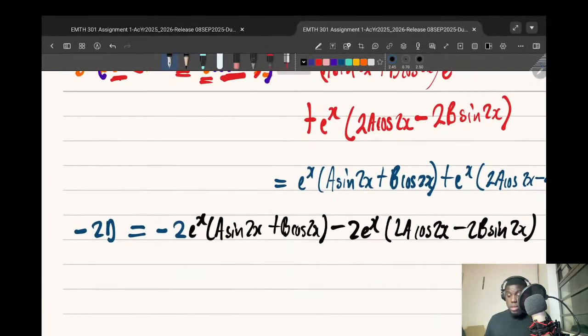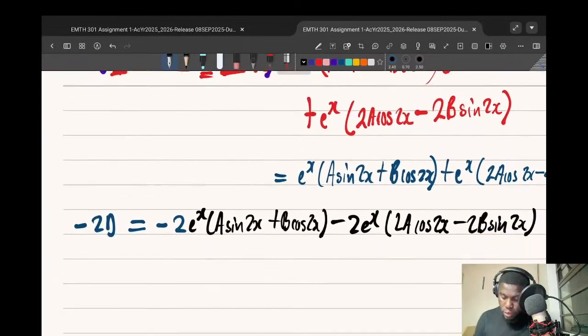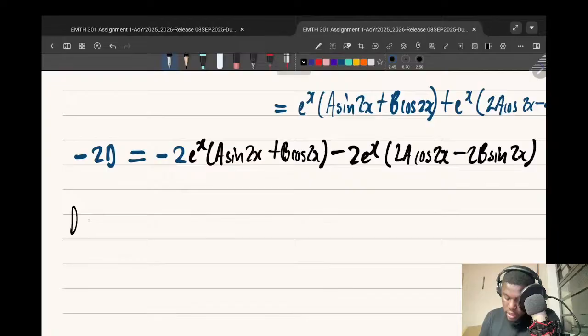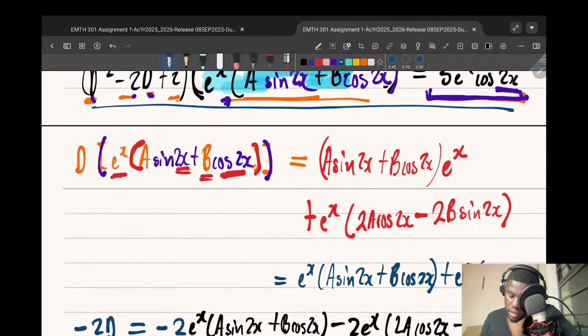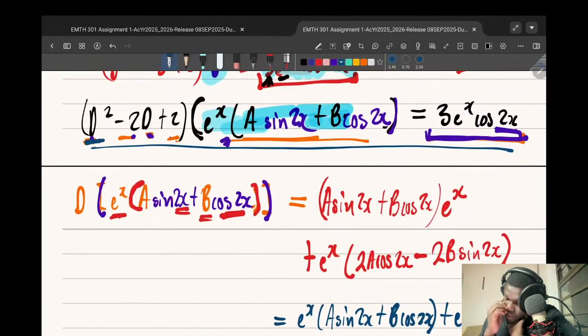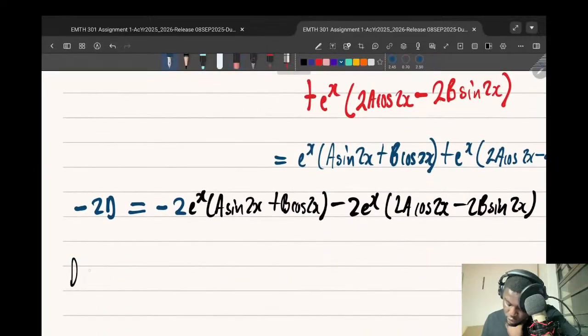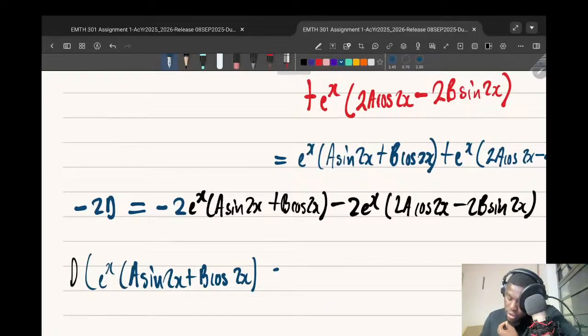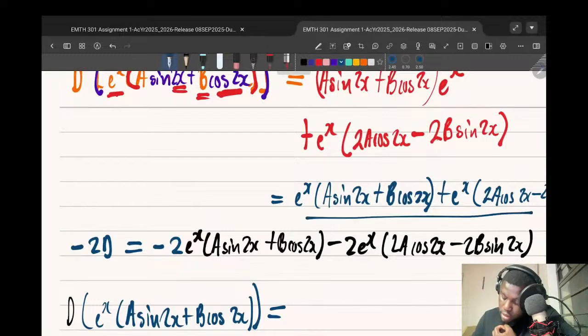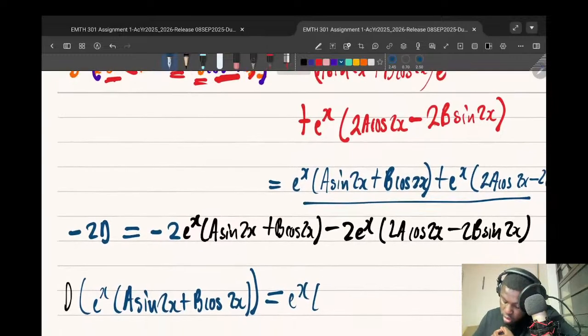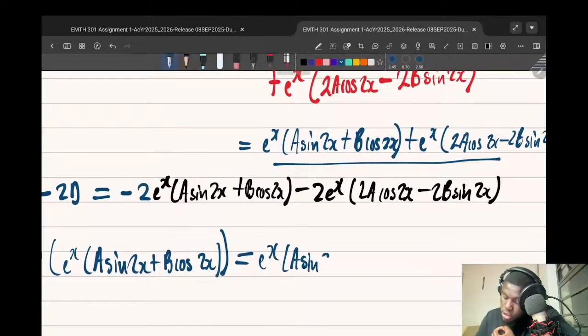There we go. Now remember, when we have the d, we will rewrite it to say d is equal to, because we will need the d squared of that same thing. You can rewrite it so that you can now have the d squared of that guy. So if you want d of e to the x, a sine 2x plus b cos 2x, the derivative of that is equal to, we got it here, e to the x, a sine 2x plus b cos 2x